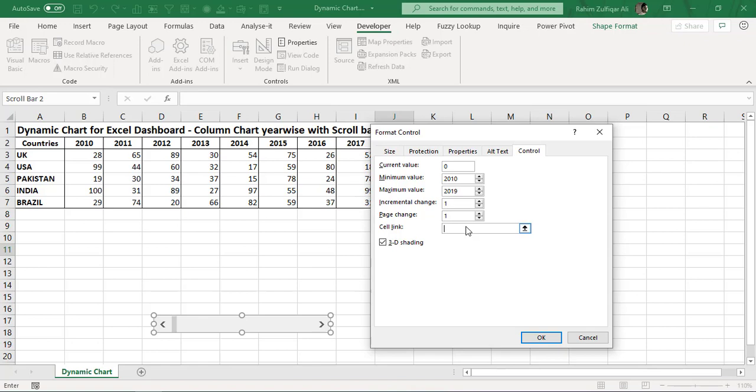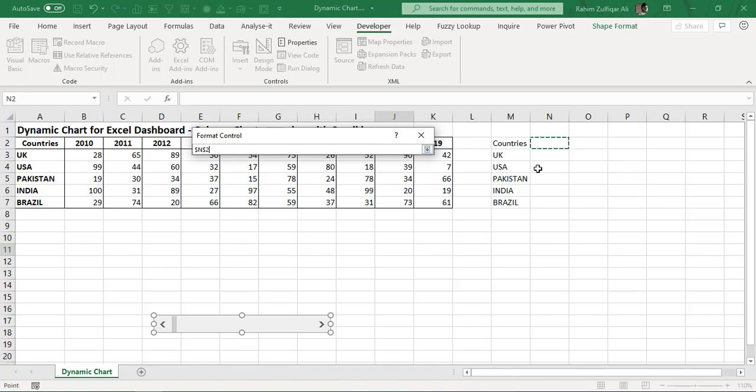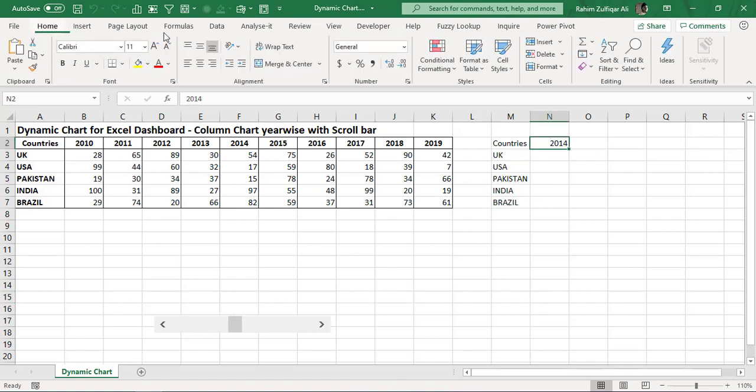a spreadsheet in order to work. So I will click on Cell Link, and then I will link this object with a cell in my scenario, that is N2, and I will press OK. Whenever I press the scroll bar right arrow, the scroll bar is working, and you can see the change here. It works from 2010 till 2019, right? On this basis I will apply the INDEX and MATCH function in the second column, which is column N. That would be dynamic, and I will put that specific two columns of data into the column chart, and that will show us the picture of the dynamic chart.